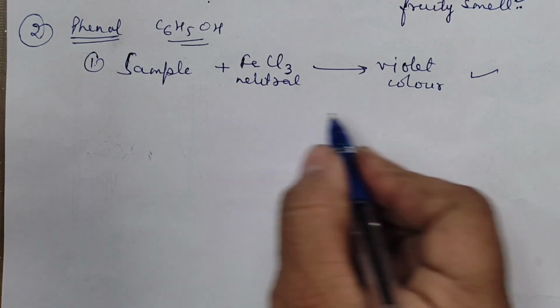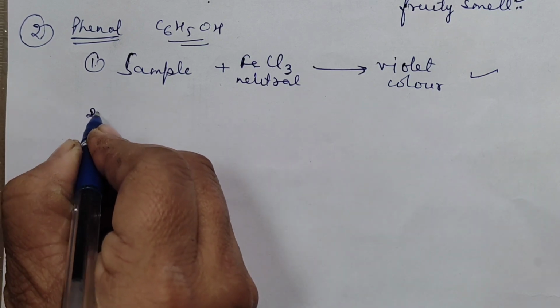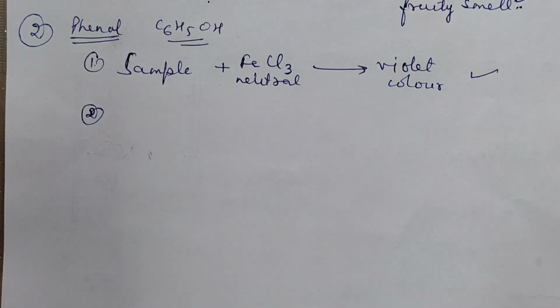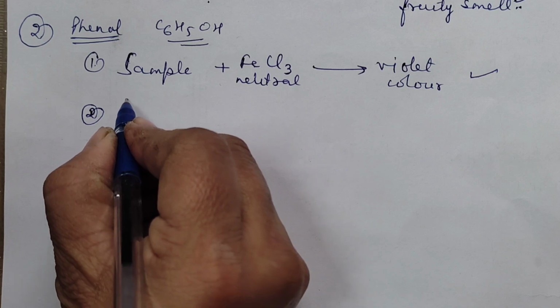The first test is ferric chloride. If you get the ferric chloride test, then you can perform the second one. Otherwise, you can say phenol also absent. Okay, if you are getting the ferric chloride test, what you can do is you can start with the next one, that is